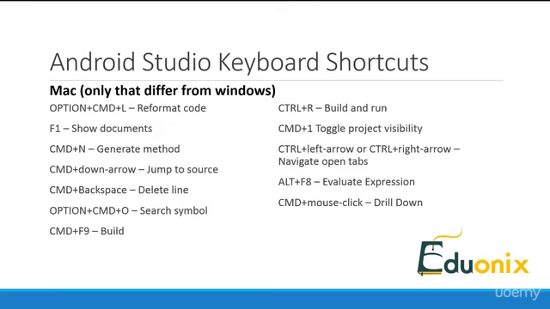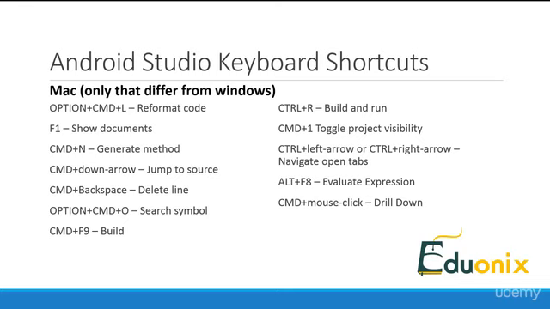When running Android Studio on OS X instead of Windows or Linux, we have a few different key bindings for certain commands. Option and Command and L for reformatting code, F1 for showing documents, Command and N for generating methods, Command and down arrow for jumping to a source, Command and backspace for deleting a line or lines, Option and